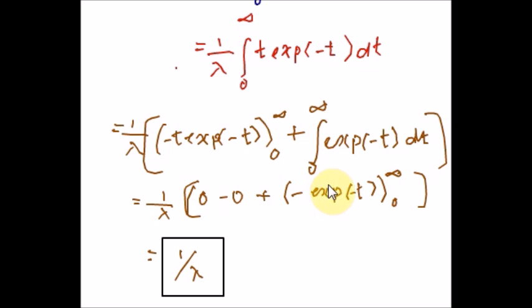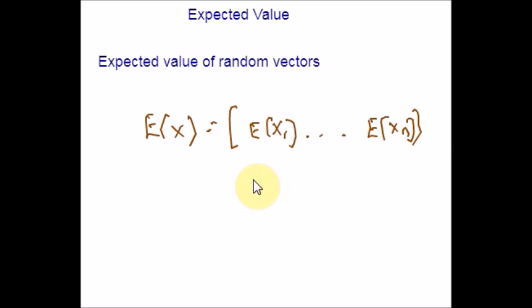Okay, we have seen two cases of the expected value. Now we are going to see the third, the expected value of random vectors. Let x be a k-dimensional random vector and denote its components by x1, x2 to xk. Its expected value is denoted by E of x. This is nothing but the vector of the expected values of the k components of x. For example, x is a row vector. I have given you the row vector. So I hope you are familiar with the matrix form.